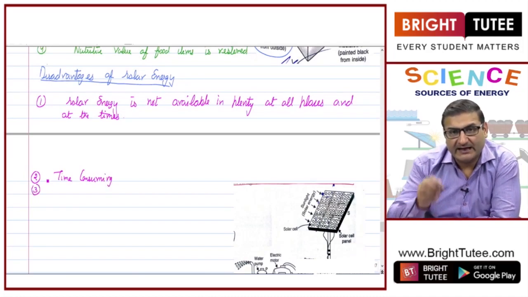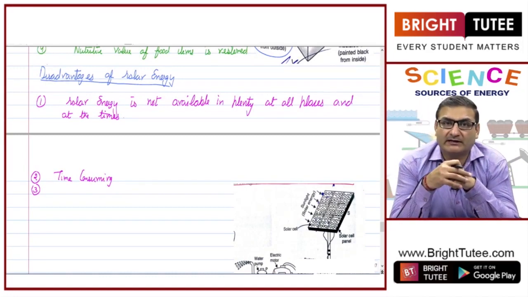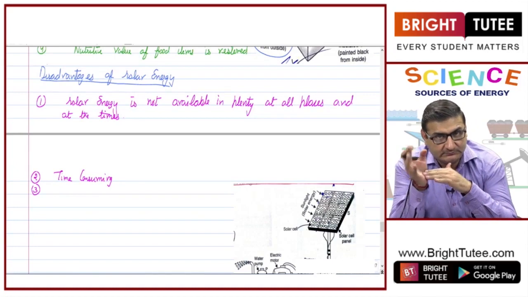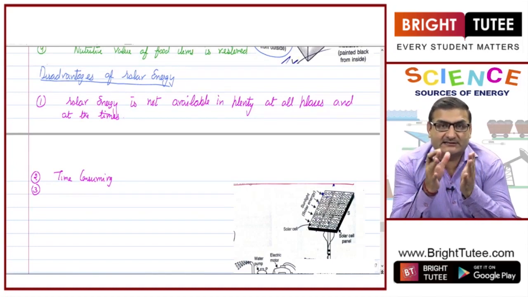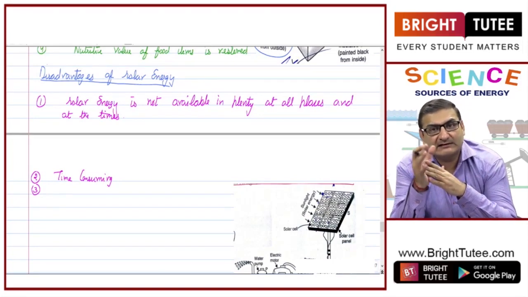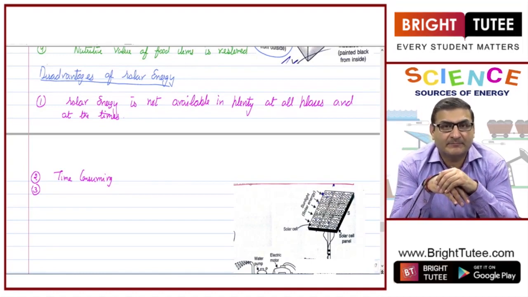Third thing, every time we require the direct sunrays to fall on it. So, with the sun moving around, we have to change the direction of the solar cooker every half an hour, every 1 hour, or every 2 hours, so that the sun rays come directly, in a straight direction, to the solar cooker. Fine.